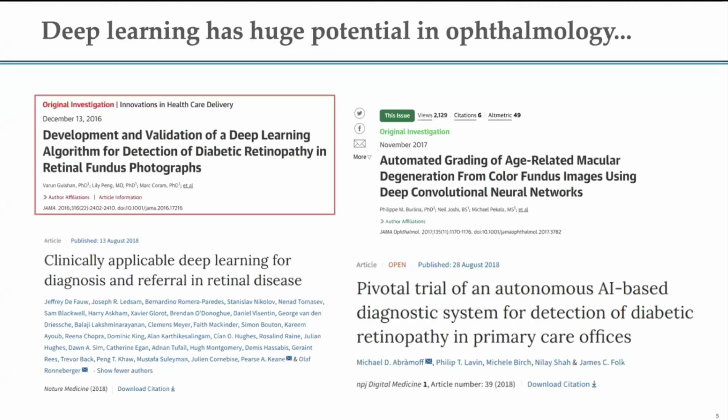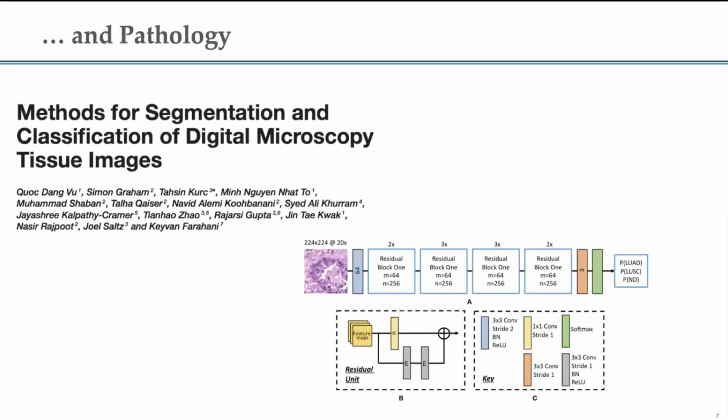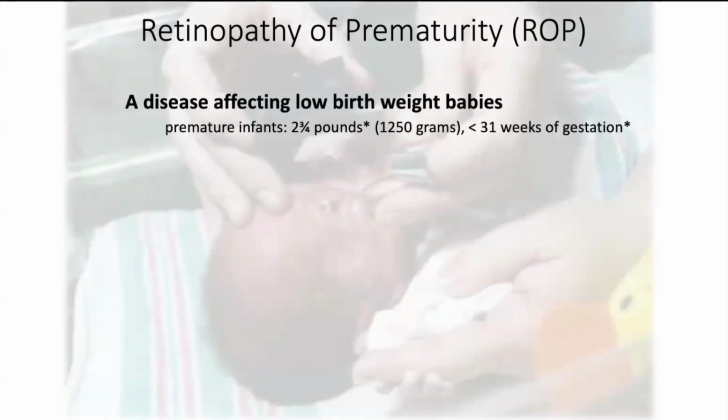In fact, one thing I'd like to point out is that one of the first AI algorithms approved by the FDA for purely autonomous AI came in this area and came out of your institution. So other areas where we see a lot of work are radiation oncology and pathology. Again, many of these areas have a lot of images, and for things like segmentation or classification, many common networks can be used fairly straightforwardly.